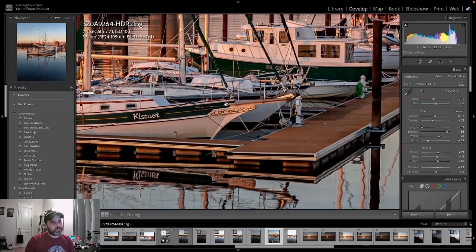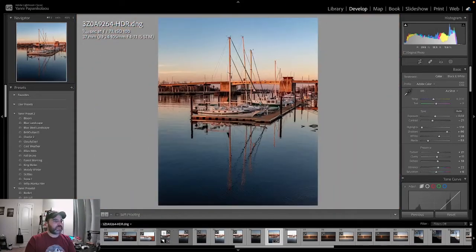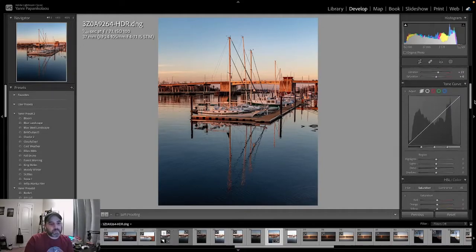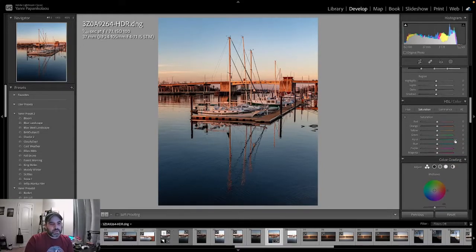Look at the definition of what you're able to get. Plus, this is golden hour, so I'm going to fine tweak the colors a little bit. So going down here, I'm going to increase my blues, the saturation, my oranges, my reds, my yellows, and I'm going to go to luminance and get me even more